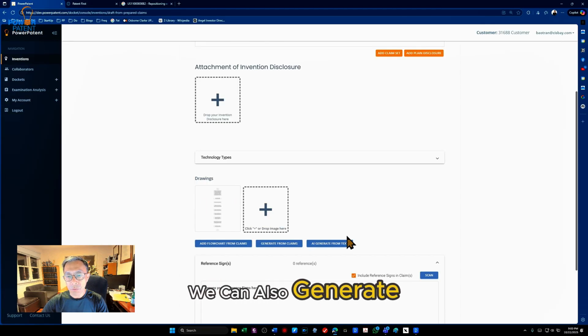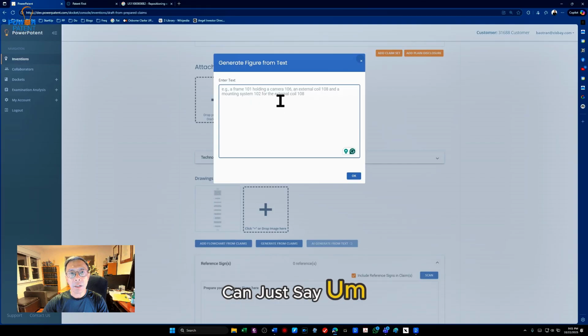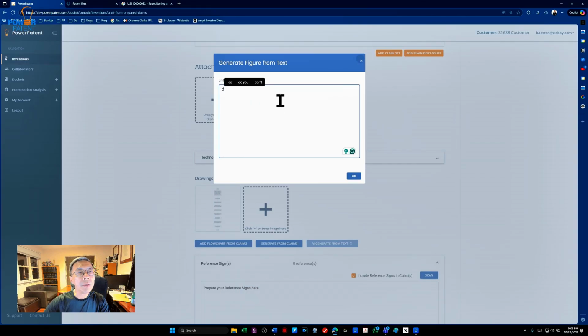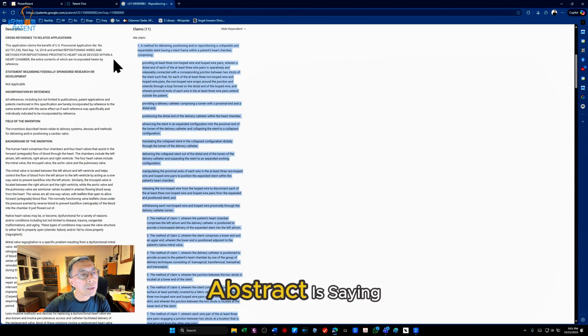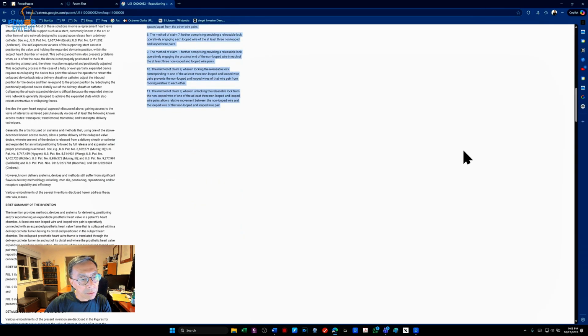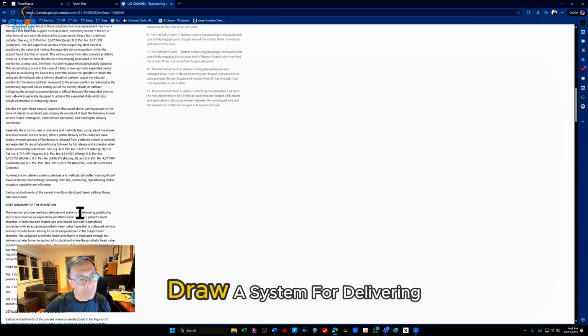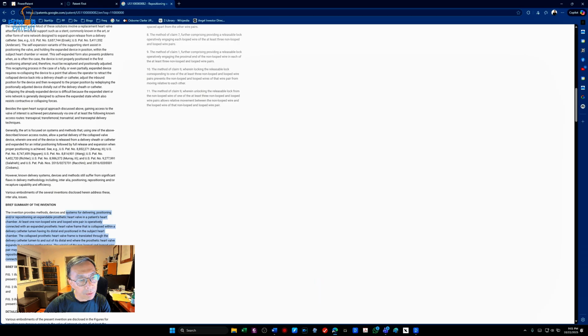We can also generate from the text. So we can just say, let's just see what the abstract is saying. So let's just say we want to draw a system for delivering.